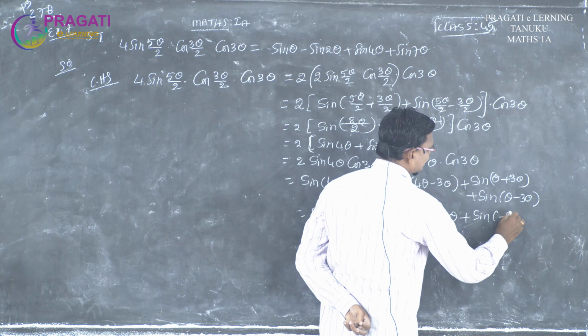But here the last one is just like sin of minus theta. Sin of minus theta means minus sin theta. So the first one is as it is, and the next one also as it is, and the next term sin 4 theta. Now we can write minus sin 2 theta, because sin of minus theta equals minus sin theta. You can observe this is only the RHS.